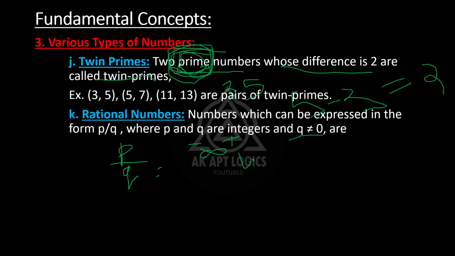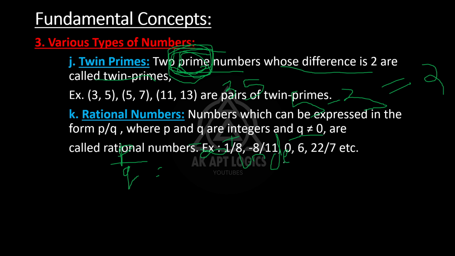Some people say it as infinite, but it's undefined, we can't define that value. Some of the examples are 1 by 8, minus 8 by 11, 0, 6, 22 by 7. 22 by 7 is the approximate value of pi. Remember, approximate. It's not the exact value of pi. Pi is an irrational number. 22 by 7 is an approximate value of pi, so we are going to take it as a